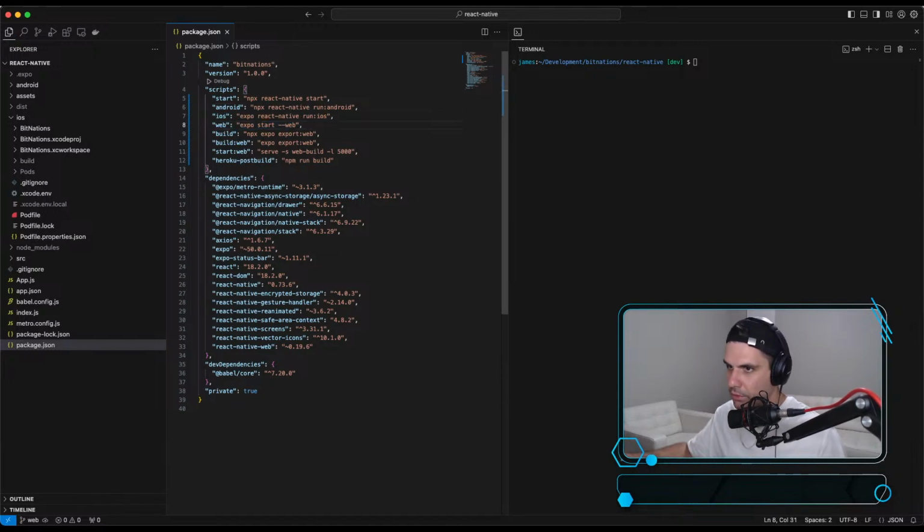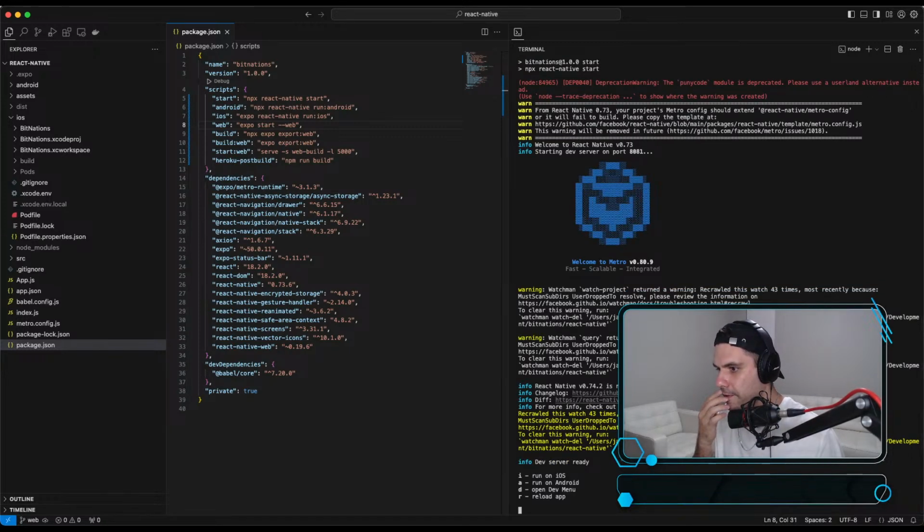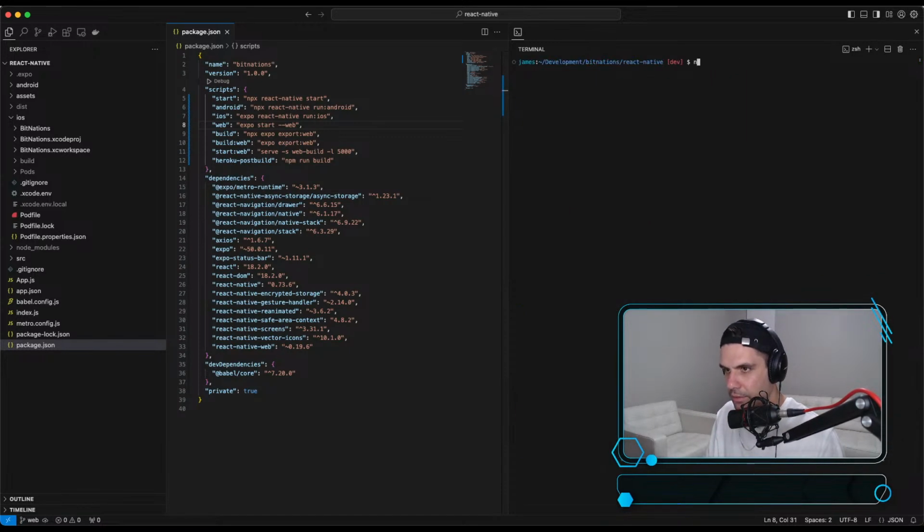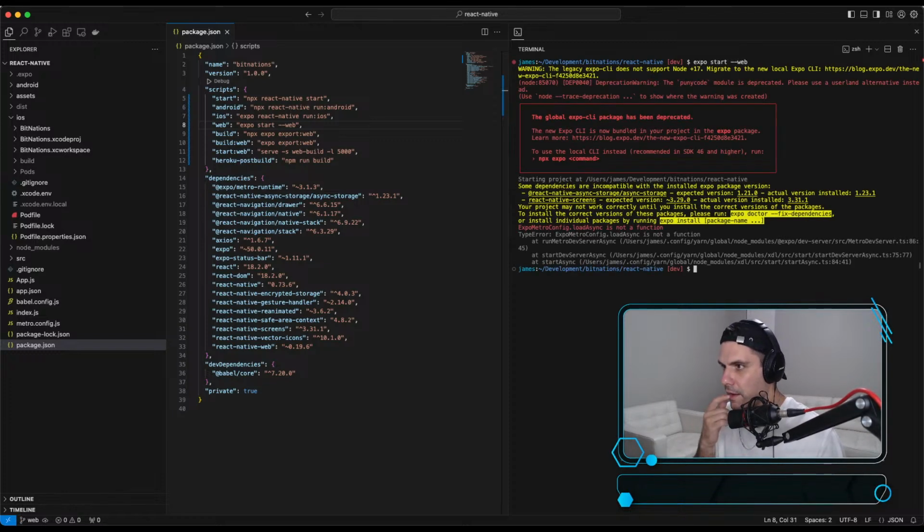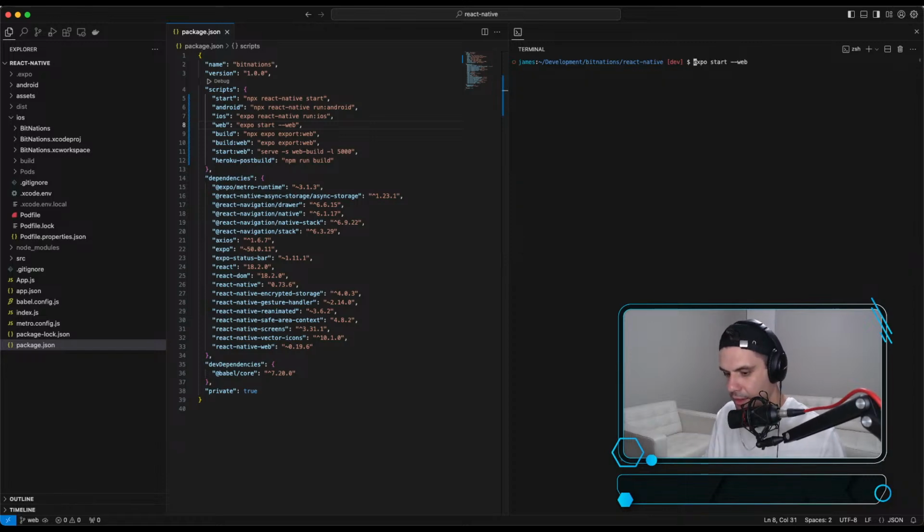Web is its own thing entirely. npx npm start is going to run mobile. Okay. And then npm expo start web. Right. npx